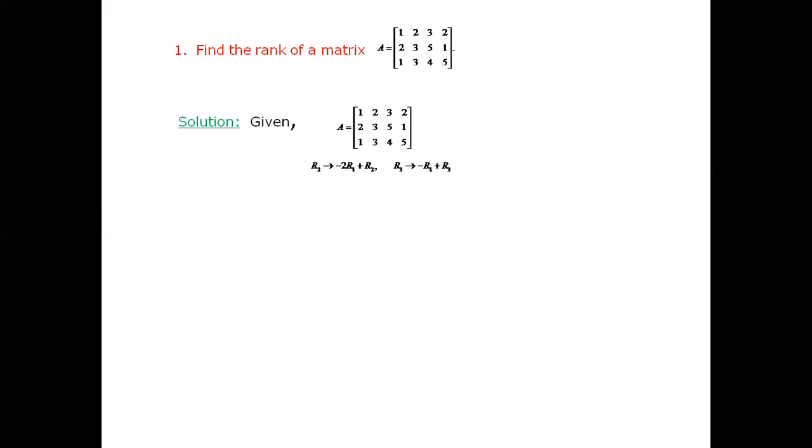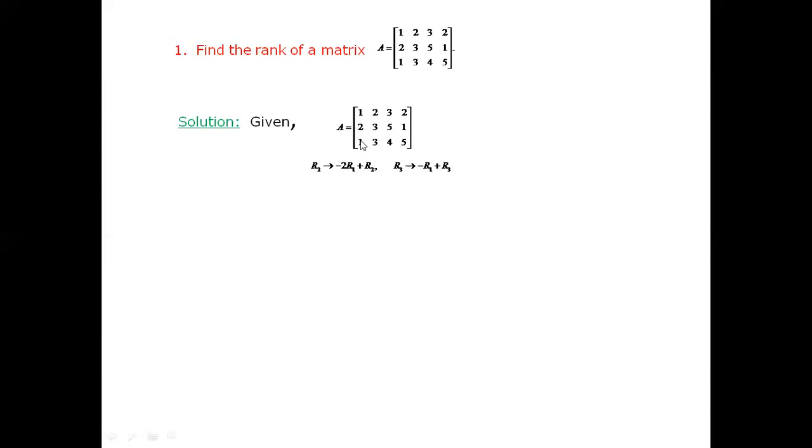So what can we do? Here we have 2 and here we have 1. To make this element 0 using the R1 element, I can use a transformation like this. Let us multiply R1 by 2: 2 into 1 is 2, so you get 2, 2. Let us subtract these. Or I can do this: minus 2 into 1 is minus 2, so minus 2 R1 plus R2. Minus 2 plus 2 becomes 0. So this is the operation I'm going to use to make this element 0. Let us apply the same operation for all other elements.